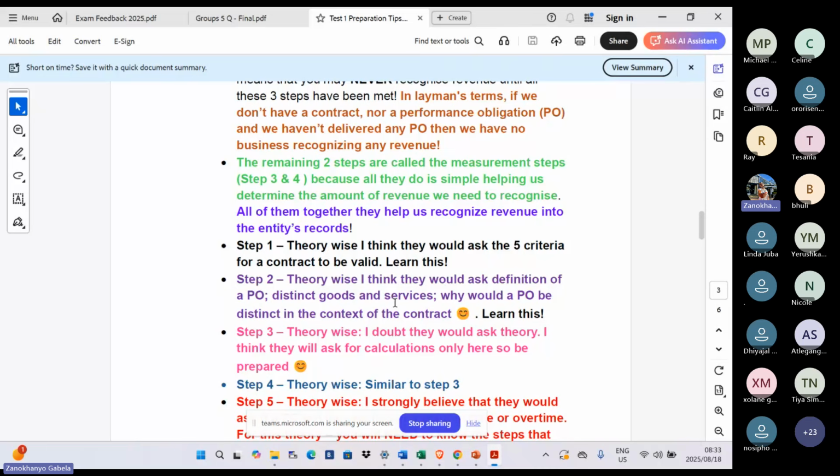Remember, variable consideration doesn't have to be a negative or a positive. What do I mean by that? Okay, let's think of it logically. Now, we're selling goods and services for 100,000 K, okay? And then we offer a discount of 10%. That means definitely our revenue will